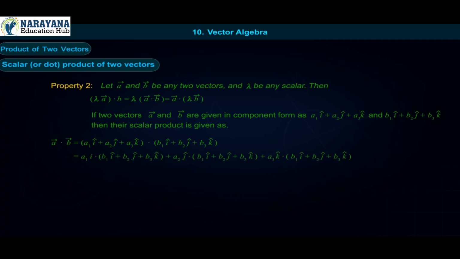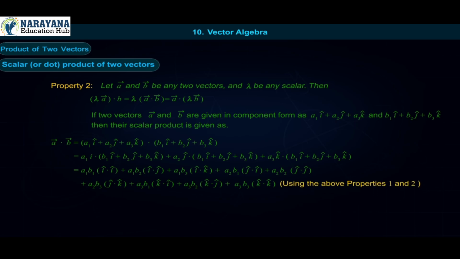is equal to a1 i cap into (b1 i cap plus b2 j cap plus b3 k cap) plus a2 j cap into (b1 i cap plus b2 j cap plus b3 k cap) plus a3 k cap into (b1 i cap plus b2 j cap plus b3 k cap) is equal to a1 b1 i cap into i cap plus a1 b2 i cap into j cap plus a1 b3 i cap into k cap plus a2 b1 j cap into i cap plus a2 b2 j cap into j cap plus a2 b3 j cap into k cap plus a3 b1 k cap into i cap plus a3 b2 k cap into j cap plus a3 b3 k cap into k cap